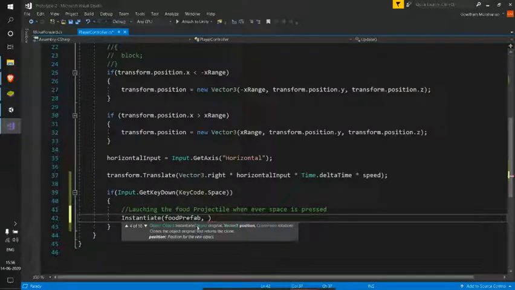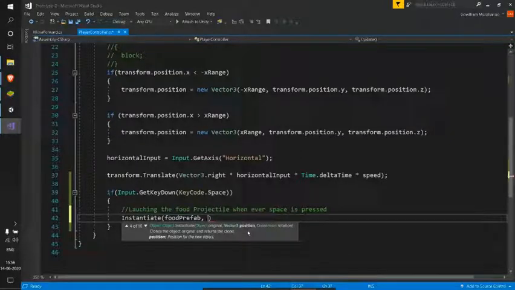See, I think this will be useful for us. Here it is asking for the original prefab, which we have already given, and we need to give it the position and the rotation. So we need something similar, right?